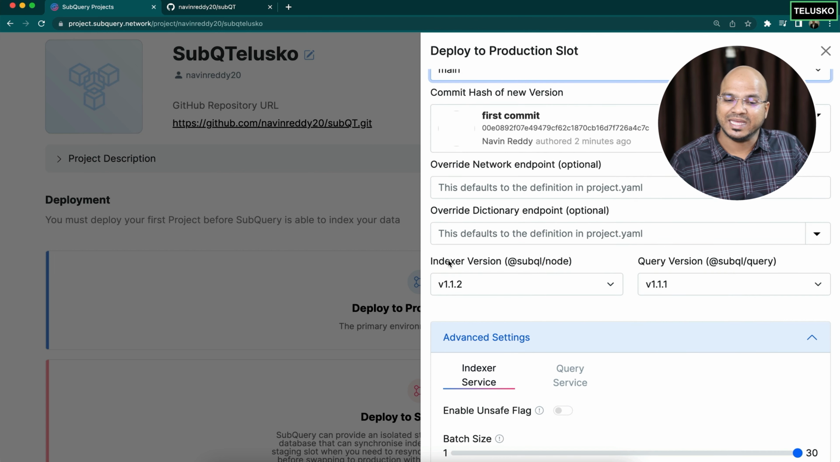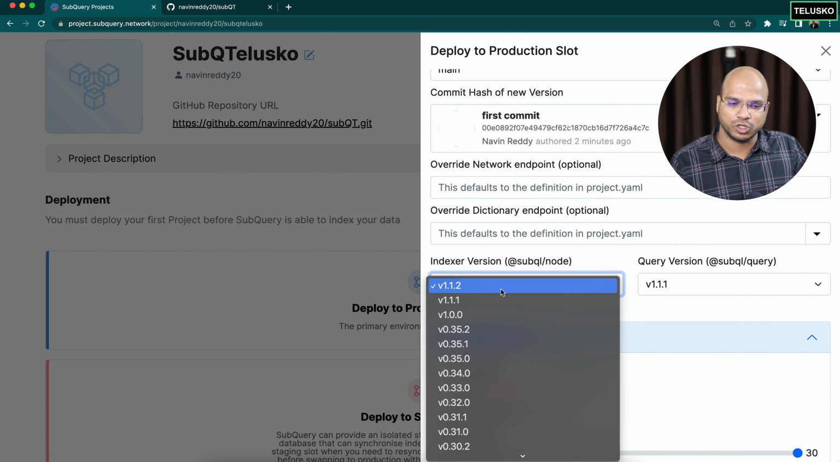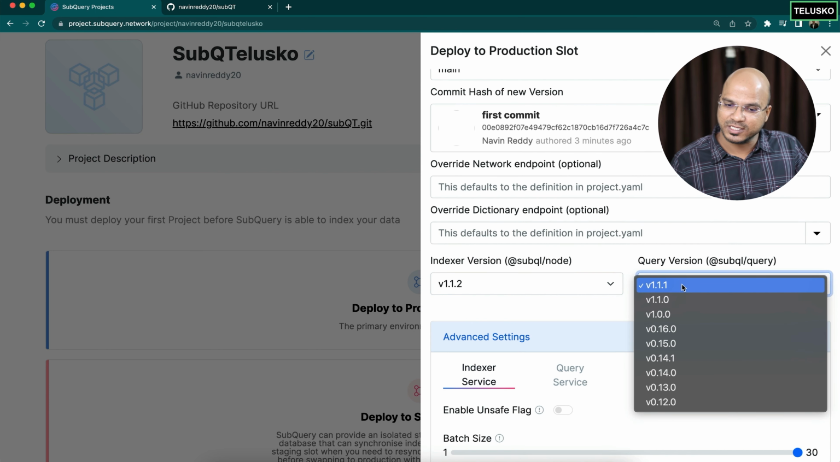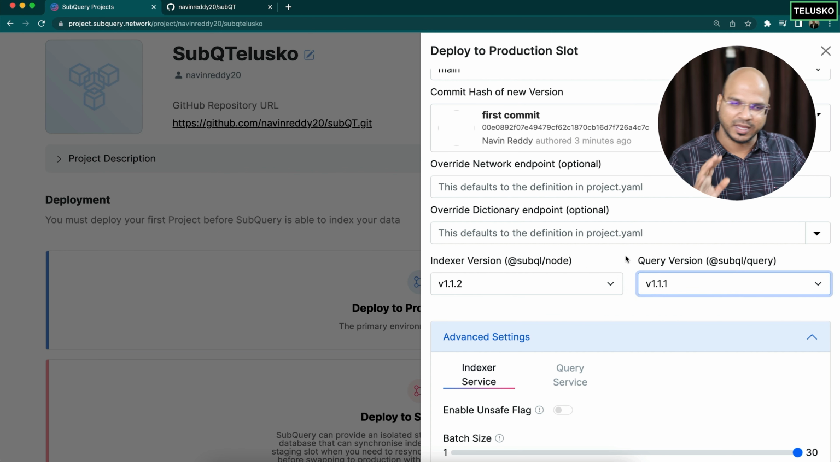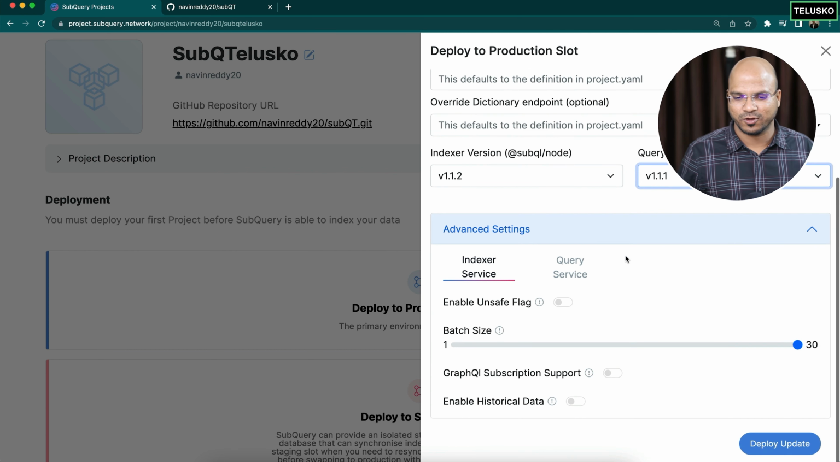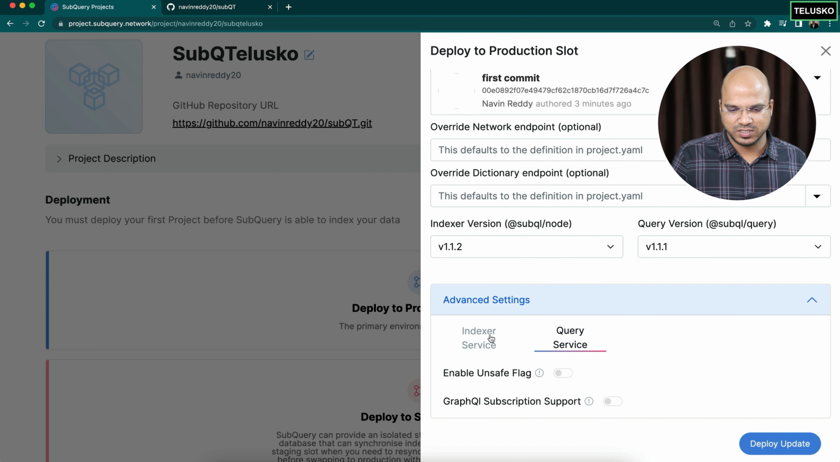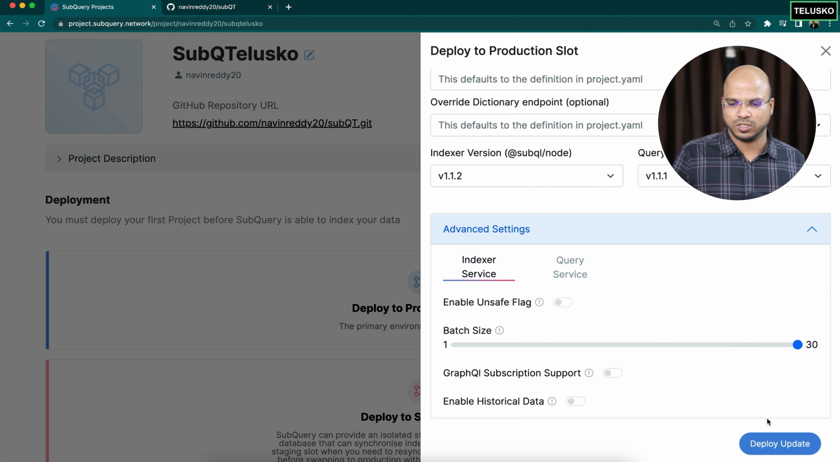Then we have to specify the indexer version. So currently I'm going for the top version, which is 1.1.2, the latest one, and the query version as well, 1.1.1. Again, I always believe when you're learning for the first time, don't make any weird changes. Make sure it is working for the version specified, and then you can experiment. Okay, done. Nothing to change here as well. Query service looks good. Indexer service looks good. And after that, click on